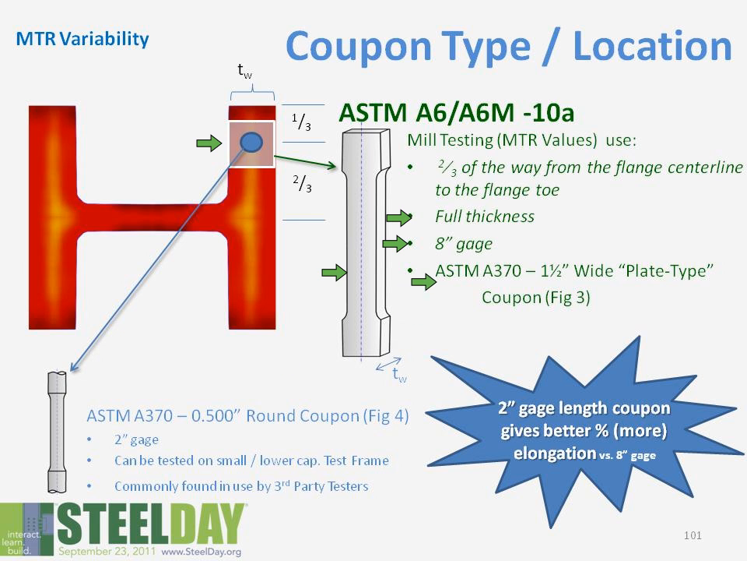The problem comes in, these can be very large, particularly for very large shapes. Independent testing labs, third-party testers may not have the equipment of sufficient capacity to actually test one of these shapes. So what they tend to do is go to a smaller coupon, a 1/2-inch round coupon. It has a different gauge. Okay? The problem comes